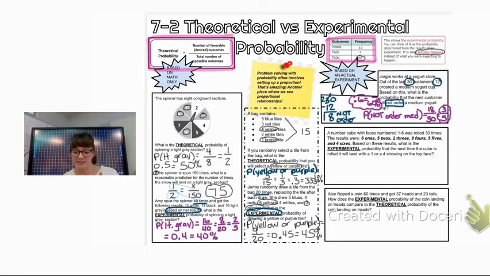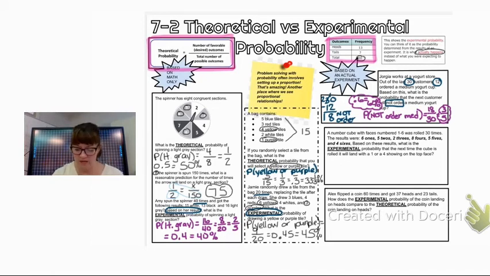Now, that also means that the probability that the next person will order a medium yogurt cup, if 3 out of 5 is not, then 2 out of 5 will be the probability that the next person will order a medium yogurt cup, because the two have to add together to equal 1, and 3 out of 5 plus 2 out of 5 equals 1, or 60% plus 40% equals 100%. Remember, the probability of it happening and the probability of it not happening should add up